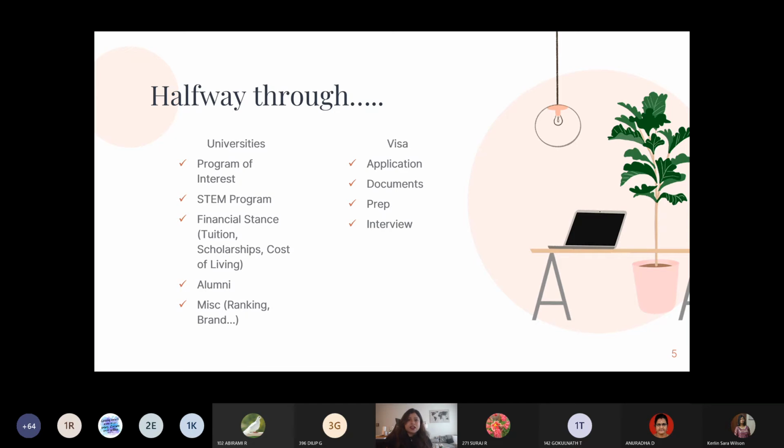You have a list of documents that are recommended when you go to the embassy. Your financial statements, your bank statements, your loan if you have one, your resume, your mark sheets, transcripts. It just goes on endlessly. If you Google it, you'll come up with a bunch of things, and make sure you have every possible document that you will be asked. Even if they're not going to ask anything, it probably ends in one question.